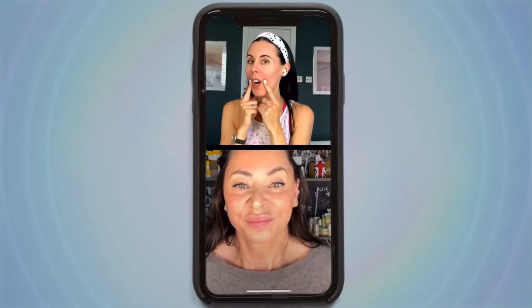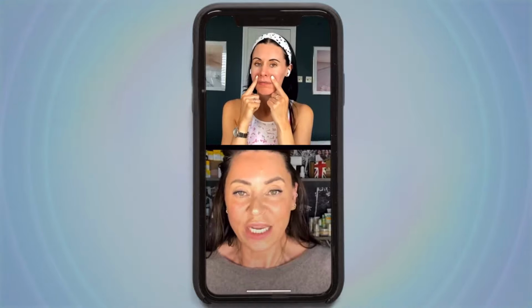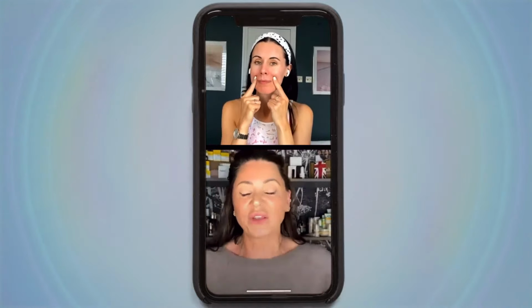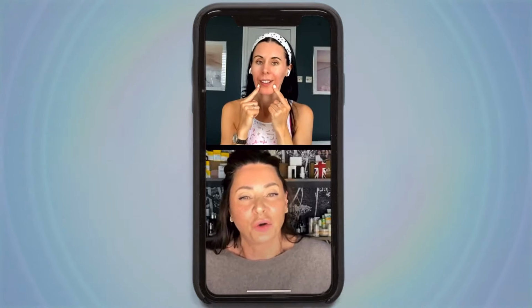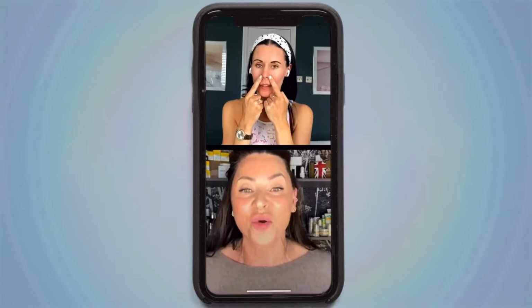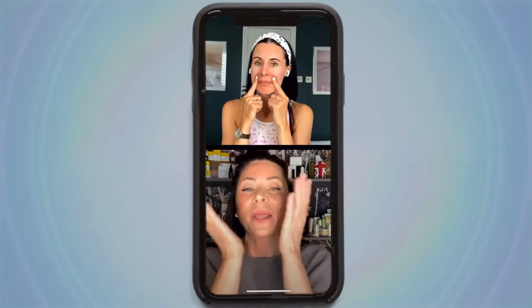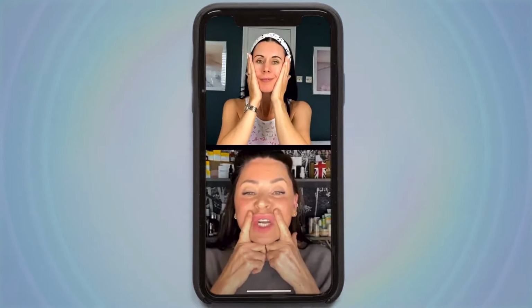Amazing. And someone's saying, is it good to do before or after eating these acupressure points here? Really good question, actually. I would do before eating. So I would do these things if you're waking up and you're bloated and feeling a little bit stuffy and your mechanics are a bit slow, let's say, I would do that in the morning first thing. So you do your tapping or your pressing and opening up the face,